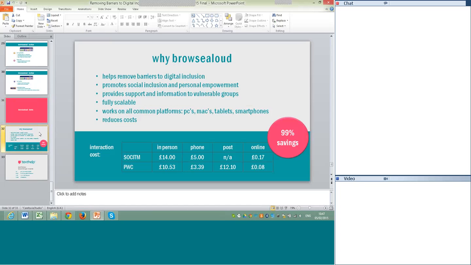It does help remove barriers to digital inclusion. It promotes social inclusion, which is very important for the older population in particular, where people can become less and less involved as parents raise their children and their children move away. But it's also about personal empowerment. It's not good enough to say that if you need to see a doctor, somebody else will make an appointment for you.